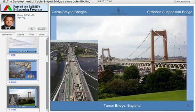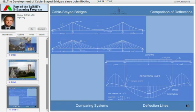Stay cables are still used today to strengthen suspension bridges. The Tamar Bridge was widened by 2 outer lanes. For supporting the additional loads, stay cables were installed. That was quite recently. Why are suspension cable-stayed bridges so much stiffer against